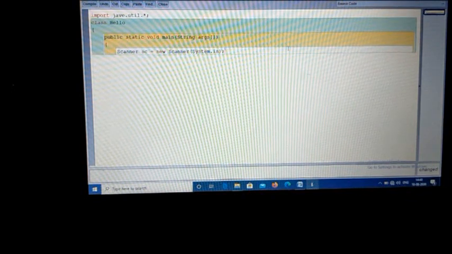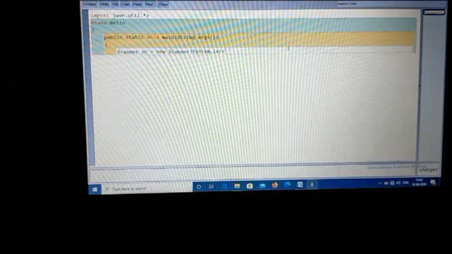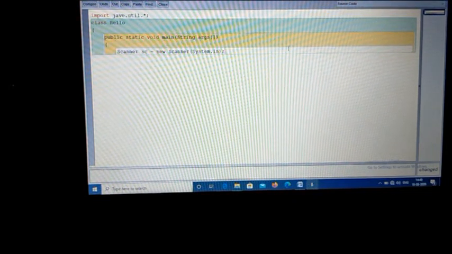So whatever case we have used in our program, we must maintain it. The first letter of Scanner is always capital, uppercase, and the first character of the word System is also uppercase.